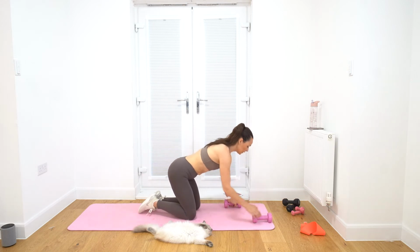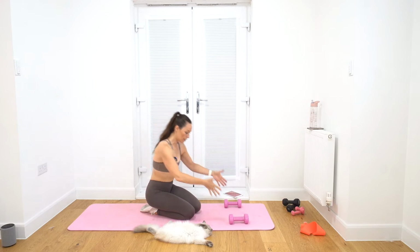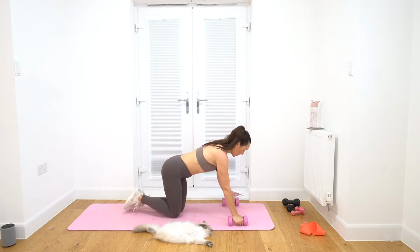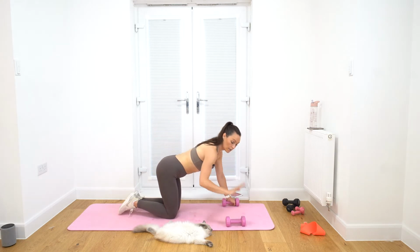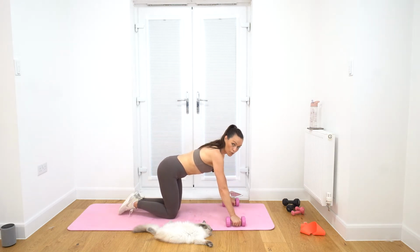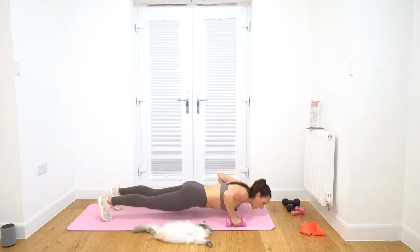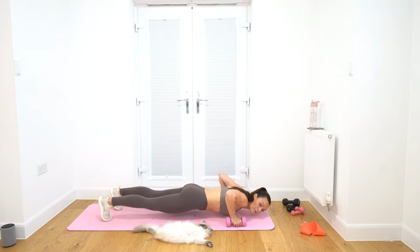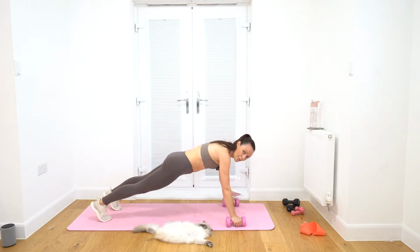Now, if you have weak wrists, I find doing a press up here on the weights a little bit easier than hands flat, but you choose, okay? So the weight is just on the inside of my mat, okay? So, options for you. If you can't come around to a press like this, and back up, nice and smooth without doing this,